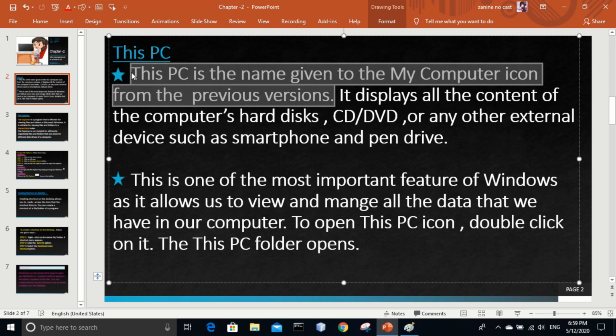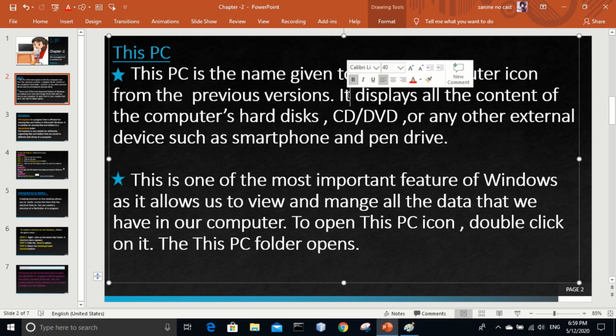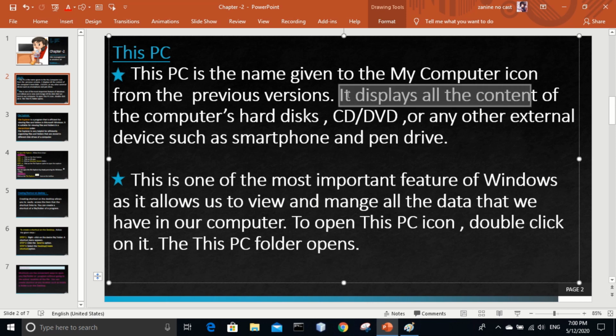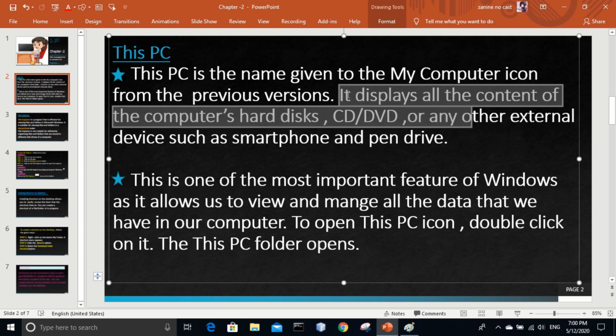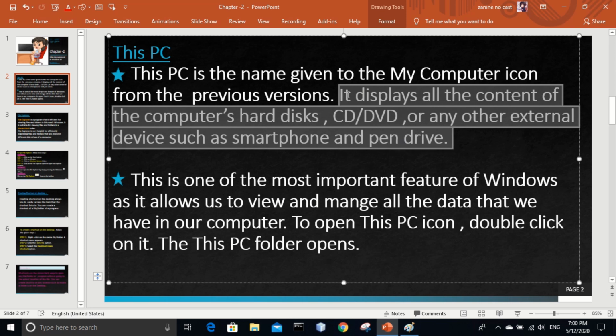We can see all the content. This PC displays all the content of the computer's hard disk, CD, DVD or any other external device such as a smartphone and pen drive. Understood?